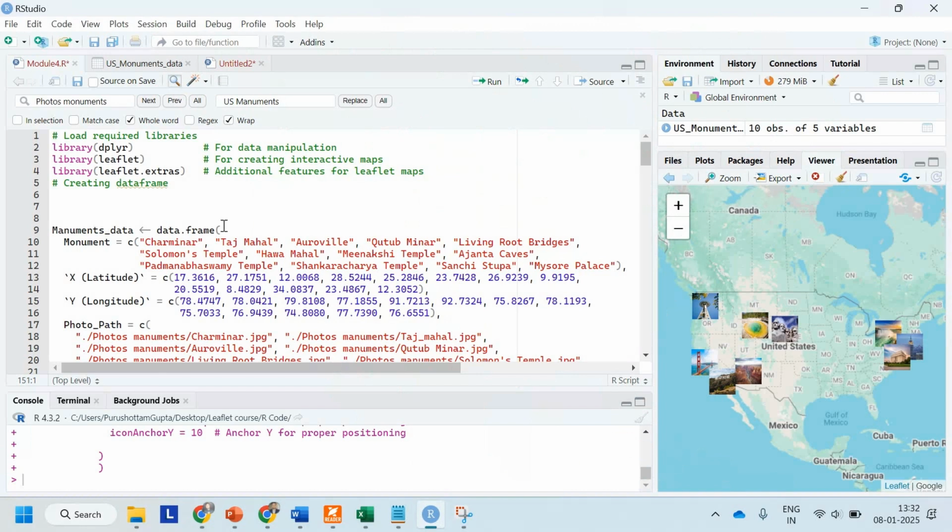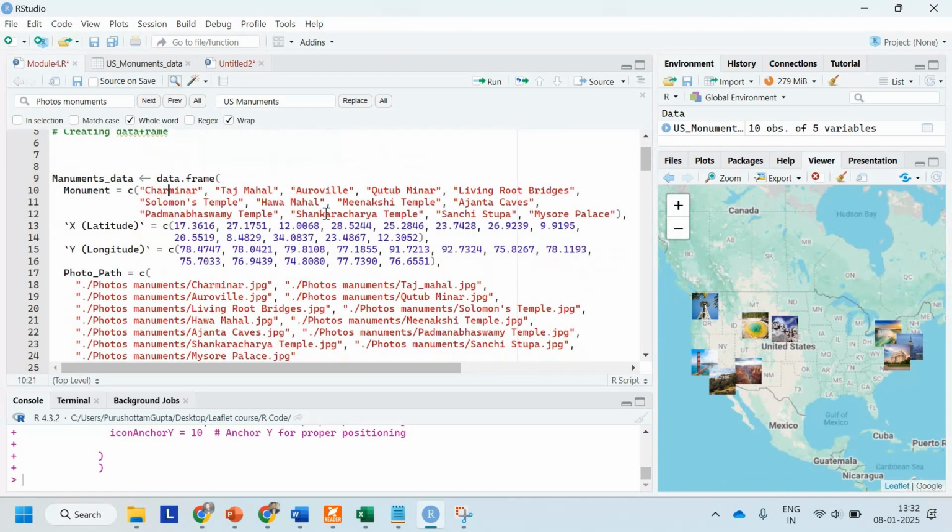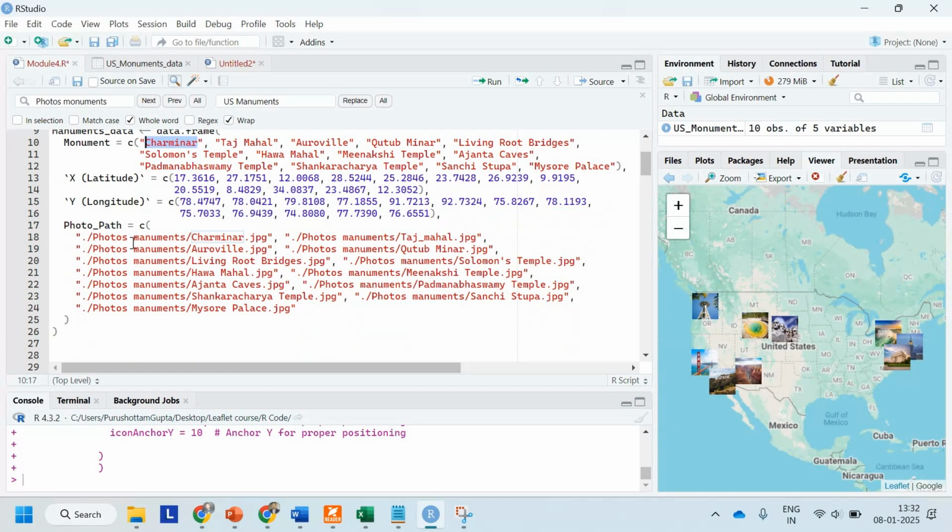So similarly I have created a map for India also. So if you see the monument data, we have a Charminar, we have a Taj Mahal, Qutub Minar, and we have the coordinates of each of them, and we have the path. I have also provided the path, local path of each image. You can also store it on the cloud, and you can provide the HTML, or you can provide the URL of that particular image. So if I run this code,